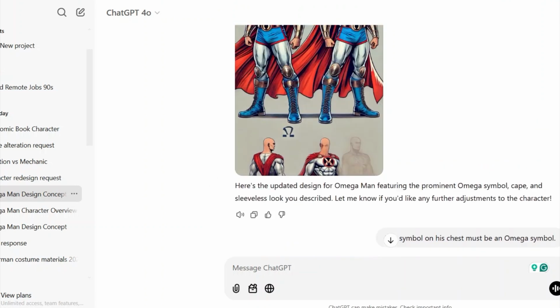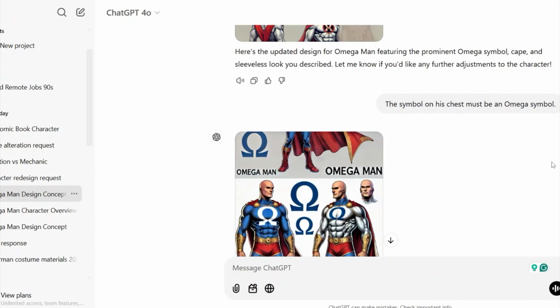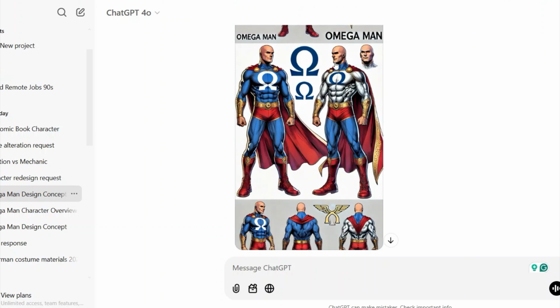But yeah, this one, I really like this one. I think I'm gonna have it on the website. I'm gonna have a few of these up there on the website with his biography. This one turned out really cool, and I like the white there, the gold, the red. I wanted to get some other colors in there. I was hoping for blue over red, but I think it's just programmed to think red over blue because Superman is so prominent.